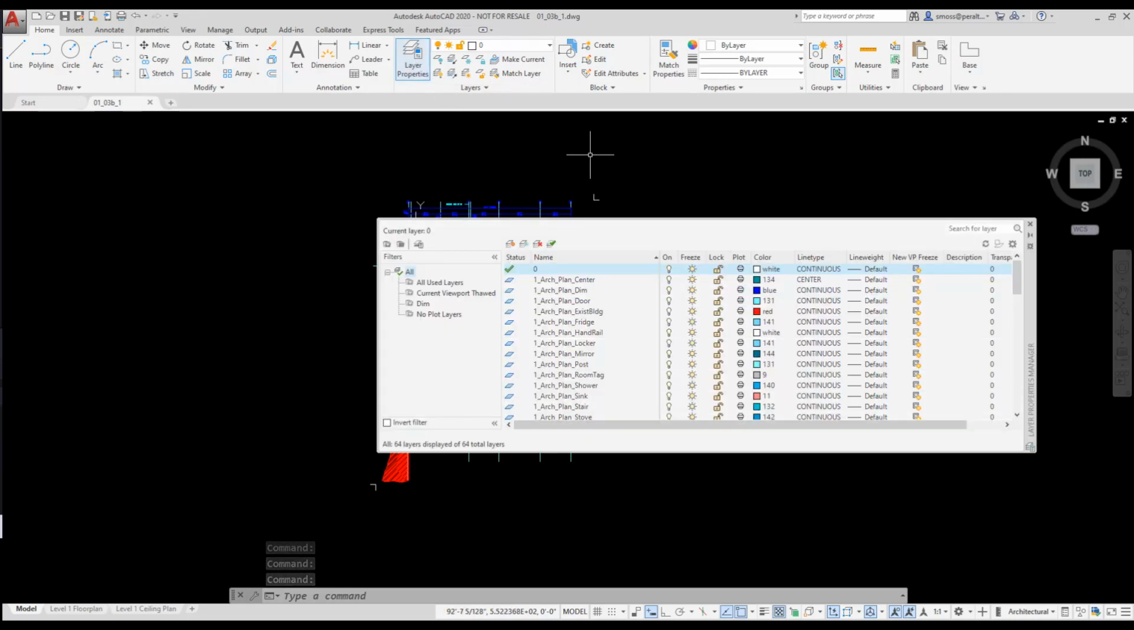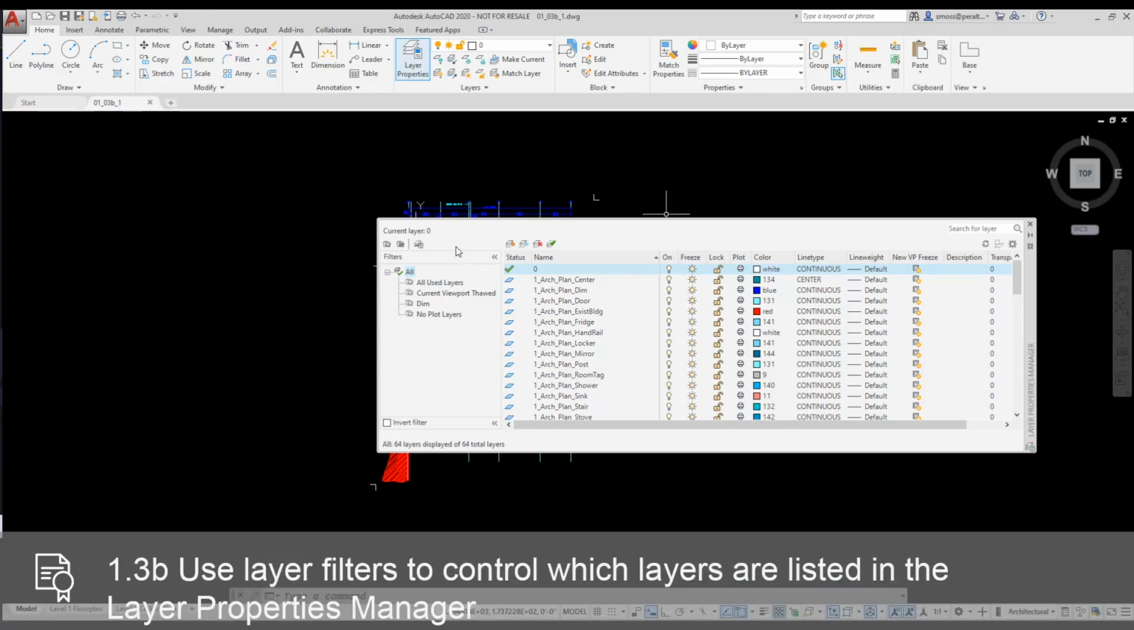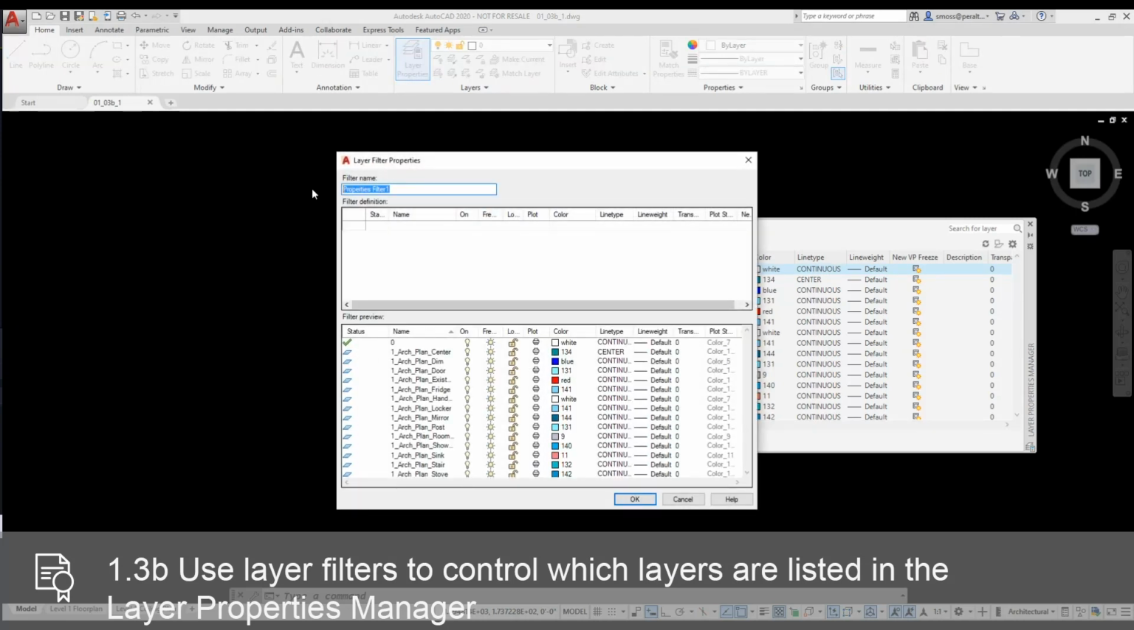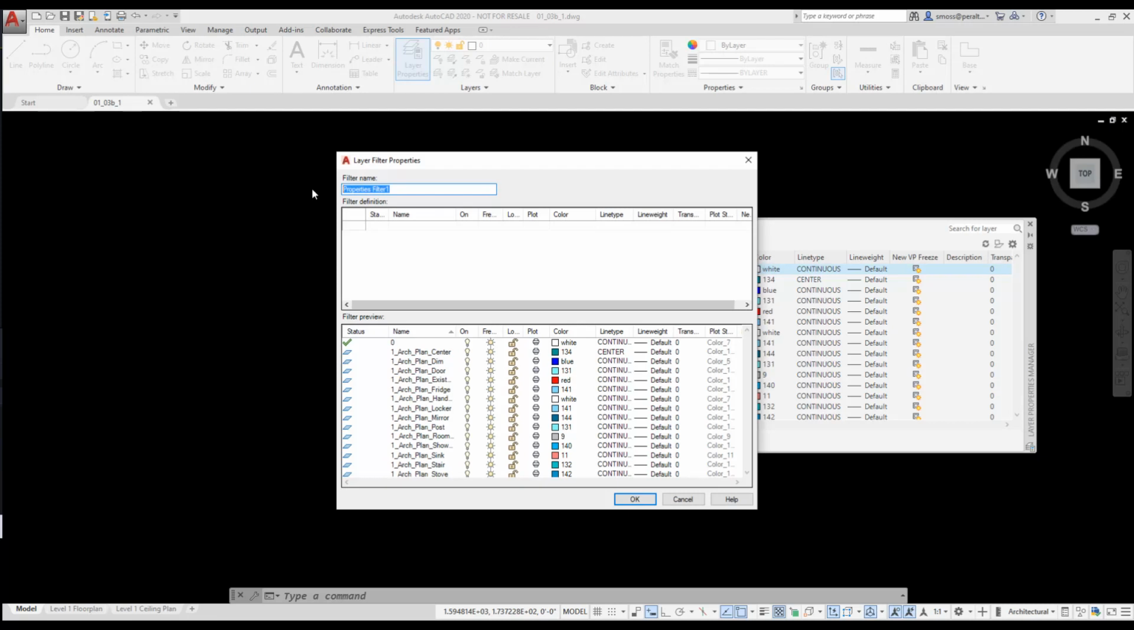I'm going to create a new Properties filter. I right-click in the Layer Properties Manager and select New Properties Filter. The Layer Filter Properties opens. For this filter, I'm only interested in the level 1 floor plan. I name my filter 1_arch_plan. In the name field, I type